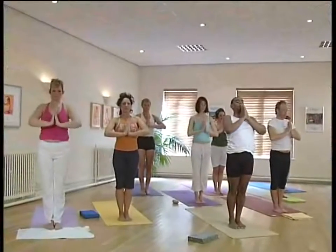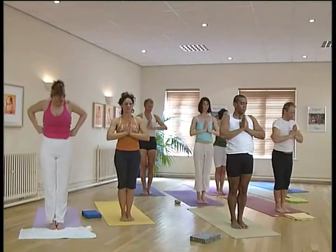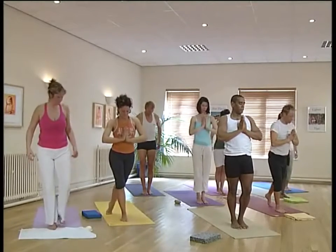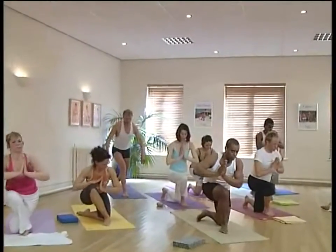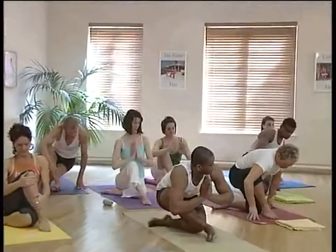I'd like you to step back, taking your left leg back. So just literally bending the leg and taking the left foot back behind you. You're going to come down to sitting position. So pressing the palms together, come down towards the floor. You don't have to keep your hands together. You can take your hands down and come